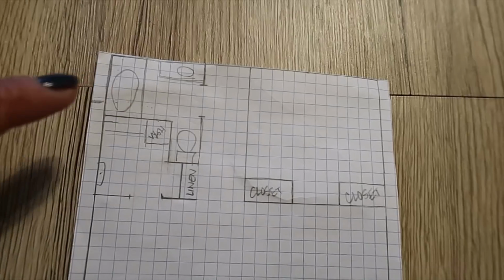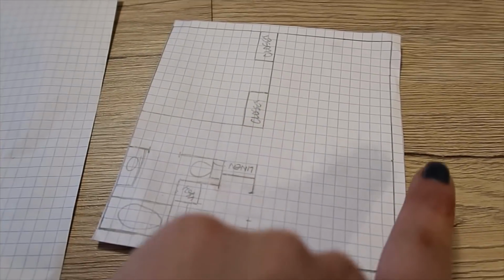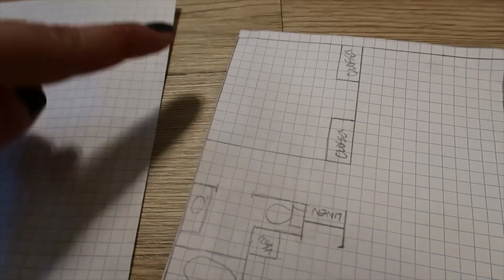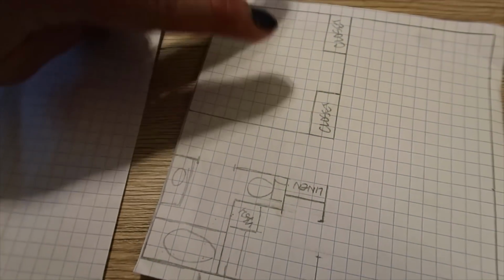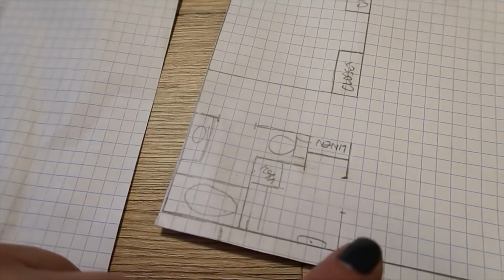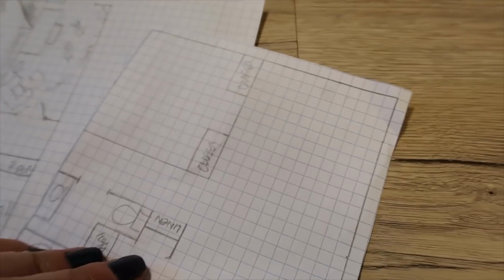So this is our current space. It's 24 by 24. So here is the current house. You enter this way. There's a living room and a kitchen and a 12 by 12 bedroom with 2 little open closets and a bathroom, and this is actually a pantry off of the kitchen. So for the extension,